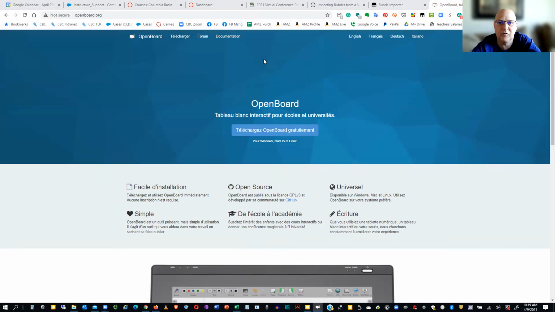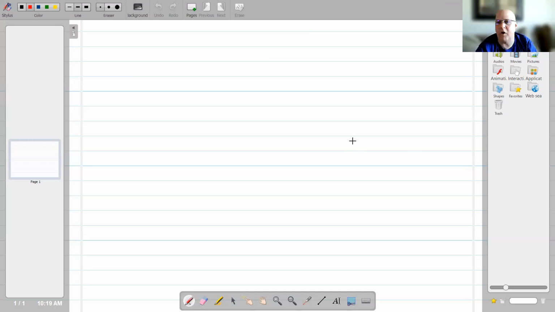Actually, I'll share my other screen. So I'm sure we've all used whiteboard software, whether or not you've had a desktop version where you had a monitor at your school or whatever. The hardest part about those bigger companies is every time they had an update, the school had to pay more money to be able to have whiteboard software to use with a touch screen and stuff like that. This OpenBoard software is very easy to use.